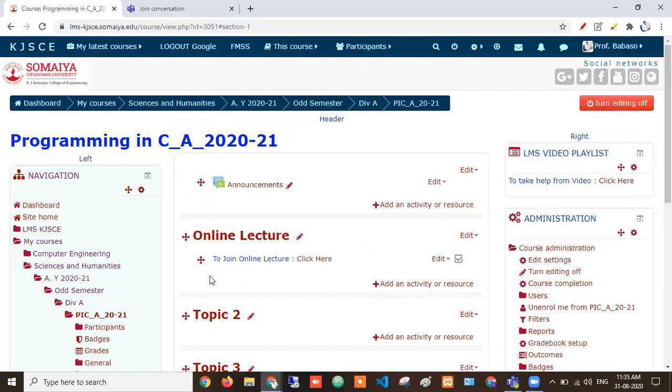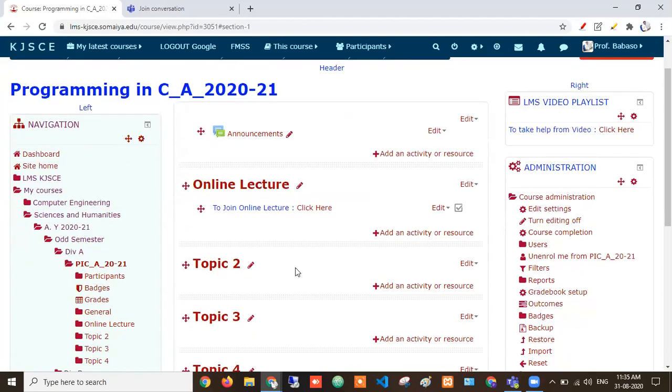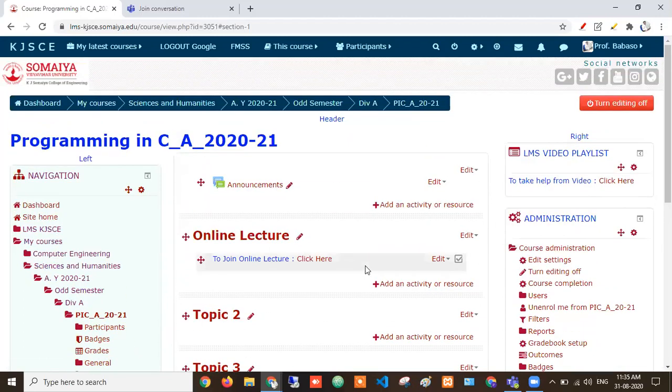Suppose you want to create for a particular batch, then just rename it and add another link for that batch, or create a particular batch link separately and restrict it. That link will then be used forever for that particular batch itself, right? So other students will not join by that link.